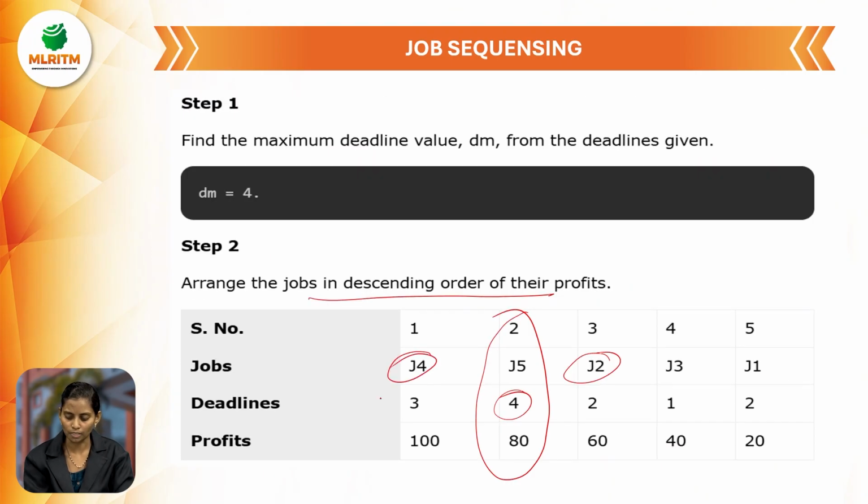J4 as well as J3, why? Because it has the highest priority. Then our maximum deadline is only 4 days, so within 4 days only we have to complete this particular task. Within those 4 days, only 3 days are completed for this. If I choose J2, then it has less profit. If I choose J4, I cannot perform any other job, so I can opt for only one subject. Then what about the remaining subjects? I cannot go to any other subject. So if I choose this subject, the highest scoring marks will be lost. That's why I am choosing J4 as my first